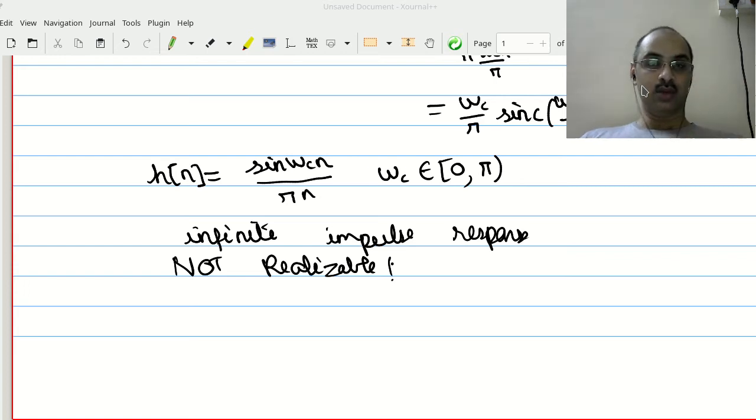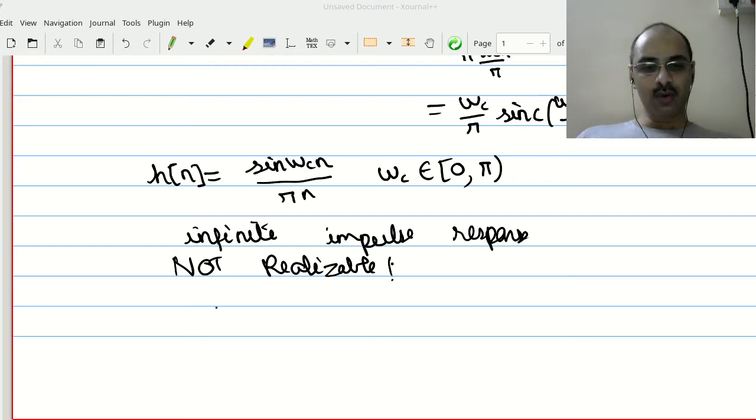Now you may argue that if I give you a sequence, you may be able to find its DTFT, multiply its DTFT on paper and pen and do it. That is possible. What I'm saying is you cannot write a computer program which for every input will give you the ideal low pass filter. Because of this double-sided infinite nature, this filter is not realizable, meaning you cannot write code to implement this filter.